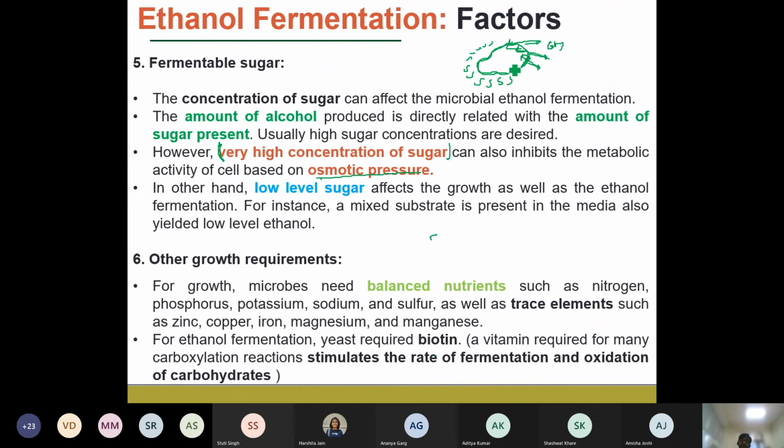So it is very important that osmotic balance is maintained. The sugar concentration that inhibits the metabolic activity is different for different types of cells, and it can be improved by modifying the cells, by engineering them through genetic engineering approaches or mutations,